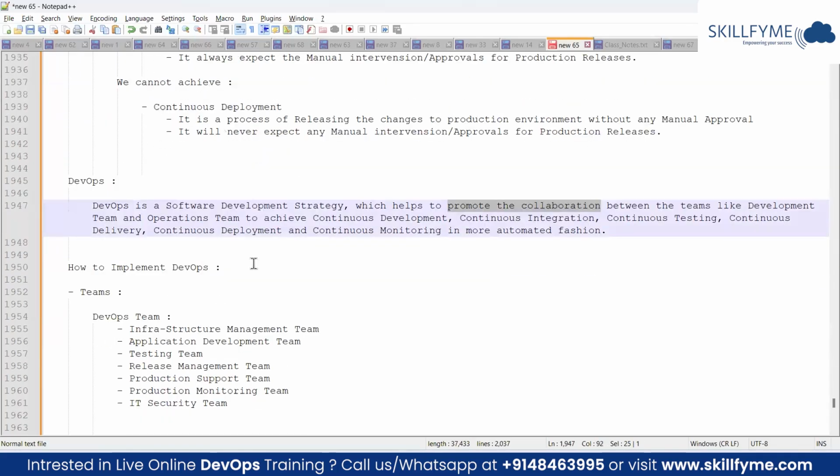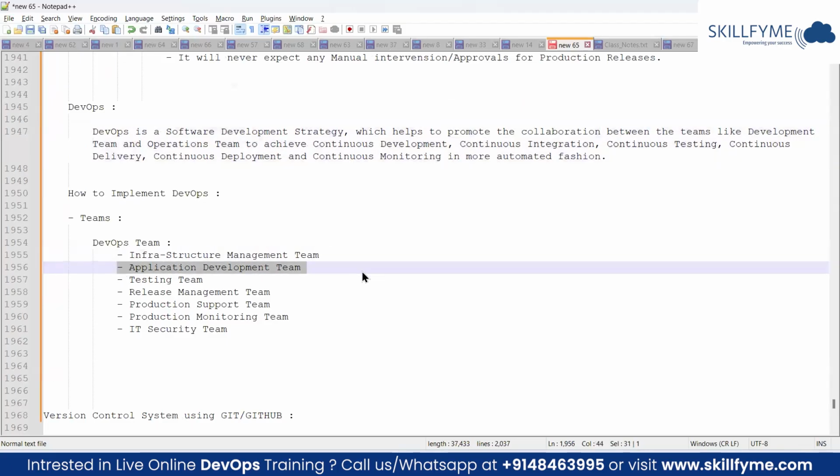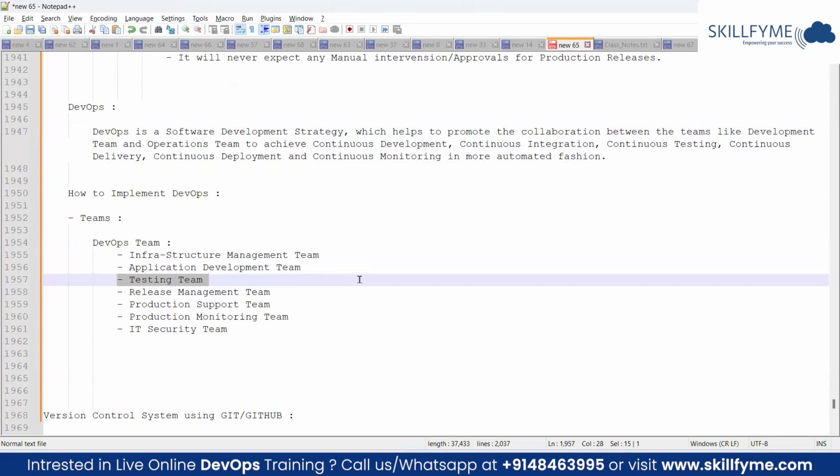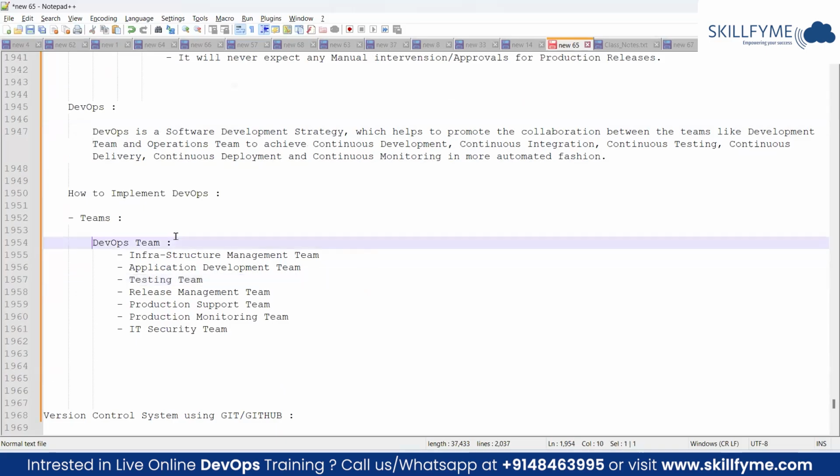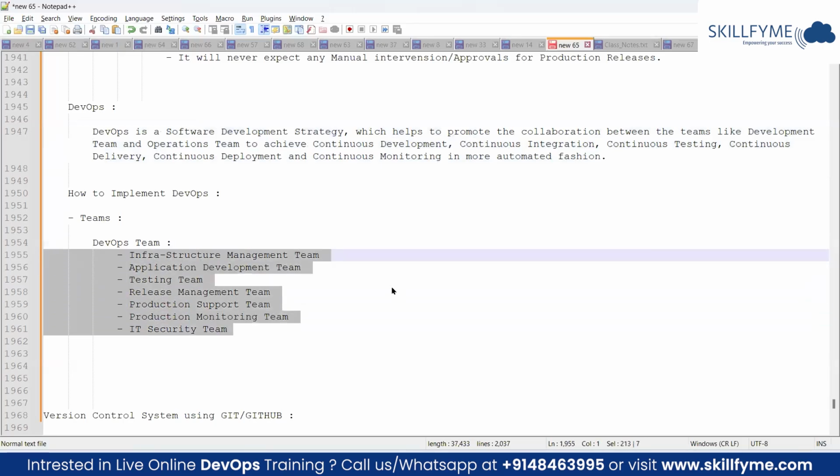Till that agile process, they might be working in their own phase. They will not have any interaction between the teams. The testing team will be working on their own time frame. They have their own SLA. They don't have any clue about what the other application team or other services are working on. But now, as a DevOps team, your primary responsibility, the strategy, is to promote collaboration. In order to promote collaboration, as a DevOps team lead or a team member, we have to continuously interact with all these teams and understand their day-to-day activities. And we should be able to understand what they do, how they do things, and where they are lagging.